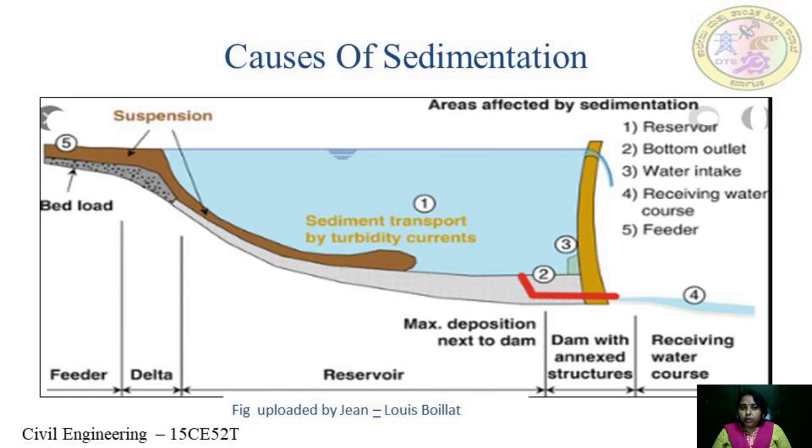So here the reservoir sedimentation, or you can also call it reservoir silting. This deposition of sediment will reduce the water storing capacity of the reservoir. If the rate of sedimentation is more, the reservoir will get silted up in less time and reduces the life of the reservoir. In order to increase the life of the reservoir, some measures have to be adopted to reduce the sedimentation.